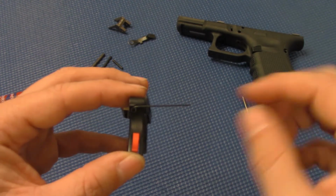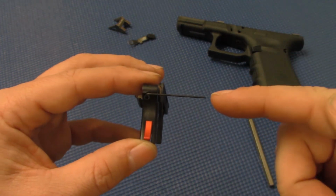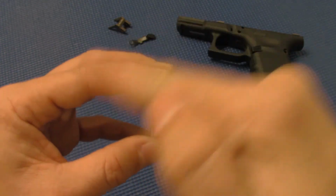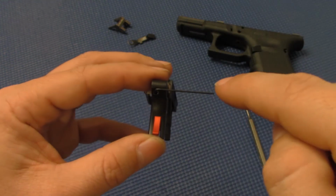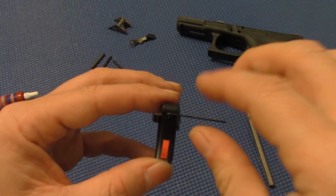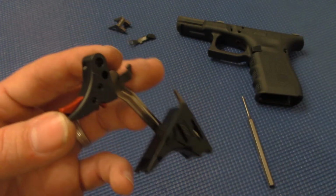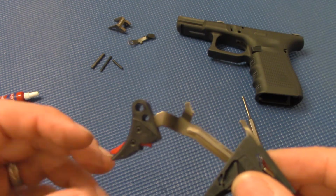You just have to remember what position your wrench was indexed at. So like I said, you're at 3 o'clock here, so we backed out 3 turns, stopping at 3 o'clock, Loctited it, and then we tightened it back down 3 turns, stopping at 3 o'clock, and that's where it was set. And then you want to let that sit for